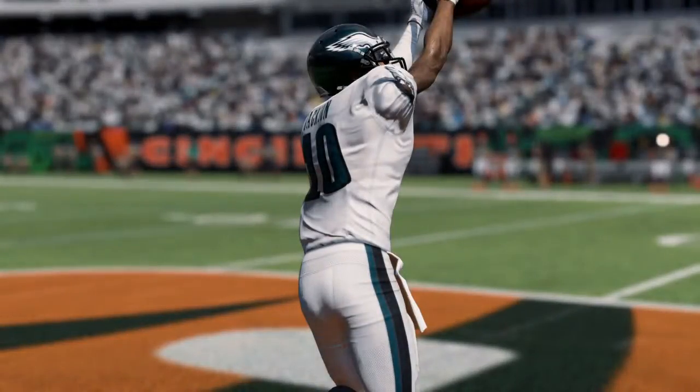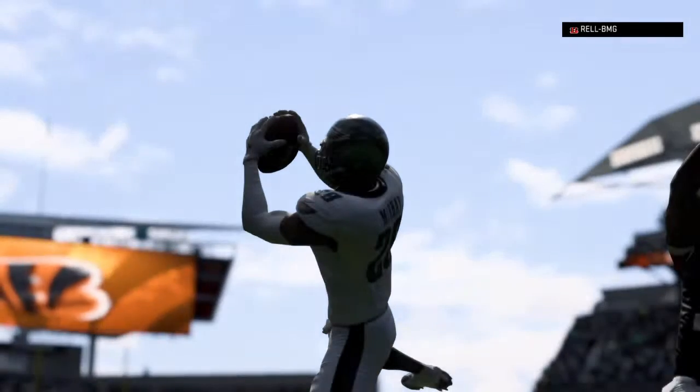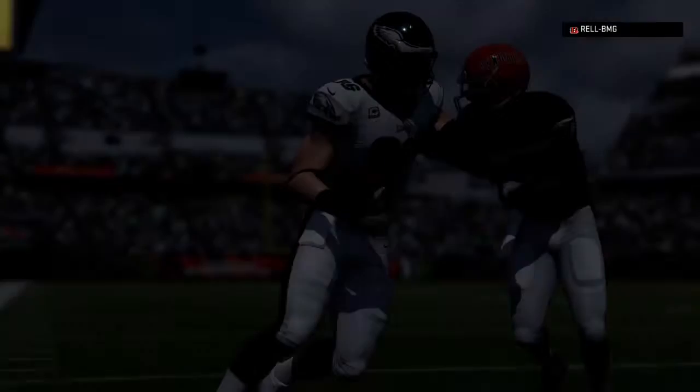And maybe we can look at that and say, we'll get better as we go forward. A big offensive explosion helped leading them to victory. And the defensive guys, they're just saying, hey, put those